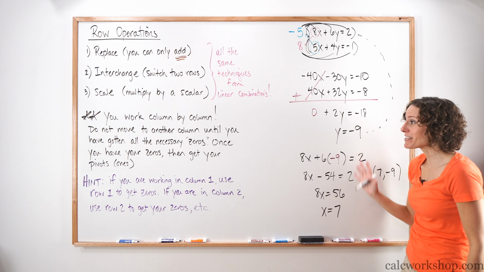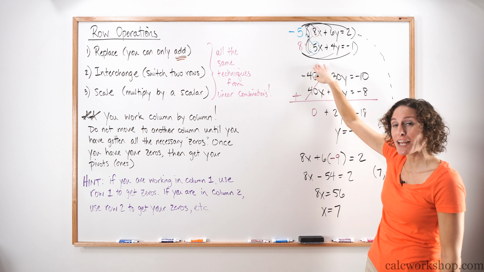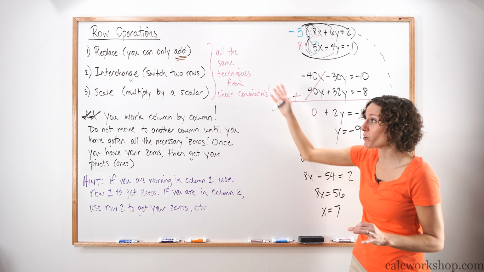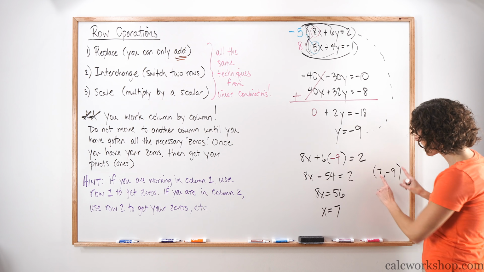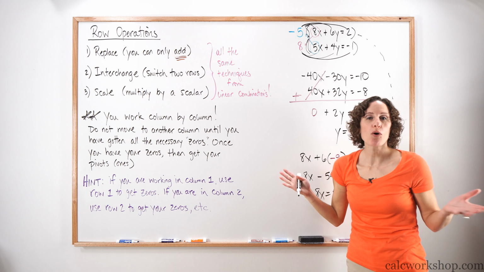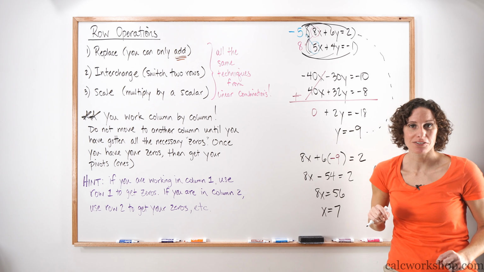I'm going to leave this up and I'm going to erase that side, and I'm going to take this exact question and we're going to put it into a matrix, and we're going to perform the same, in essence, operations. We're just going to write it a little bit differently, and we're going to see that we're going to get the same outcome in the end by just performing row operations using matrix form, which is exactly like linear combinations. Here we go.